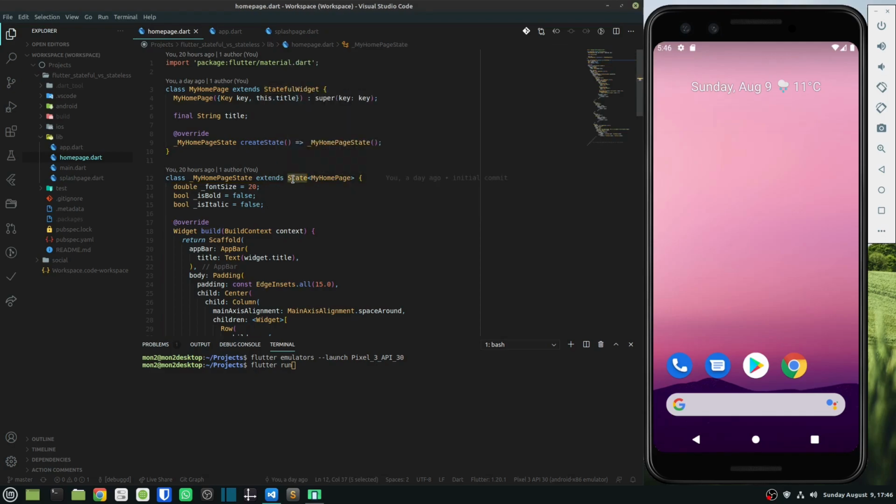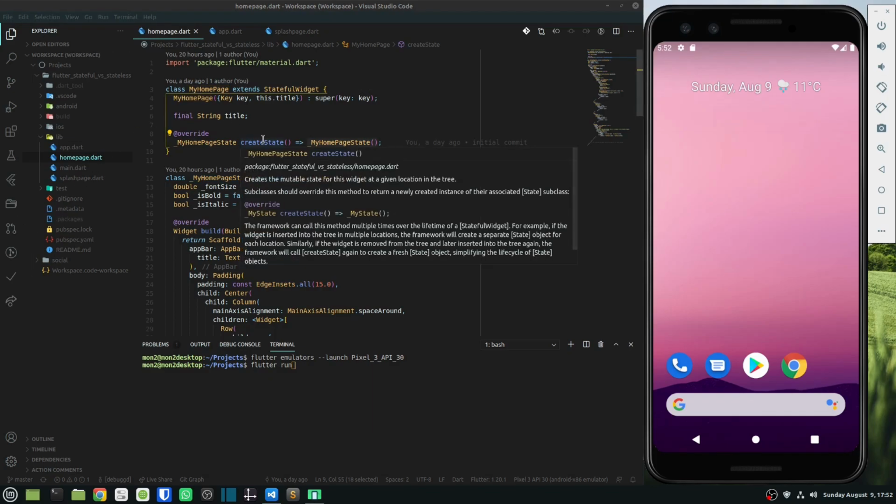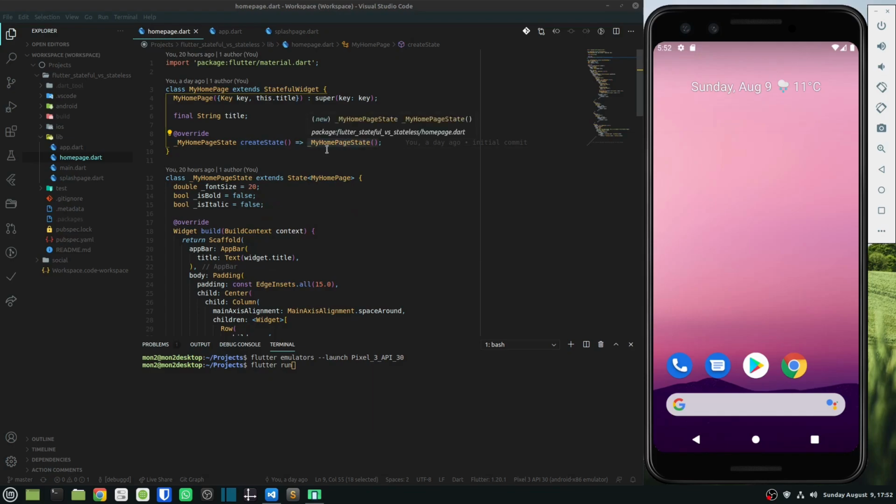The state class contains the widget's mutable state and the widget's build method. In this case, my home page is the stateful widget that I'm building, and the my home page state represents the mutable state of my home page. The createState method is overridden, and it returns the home page state that we create below.